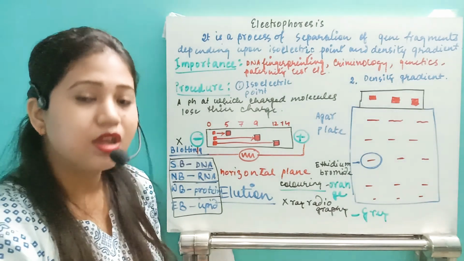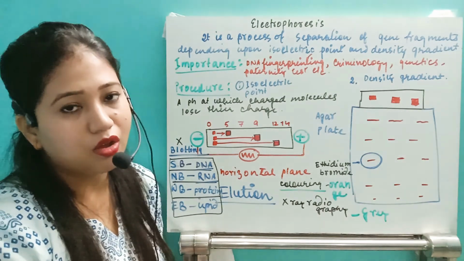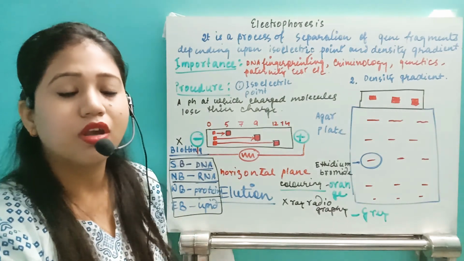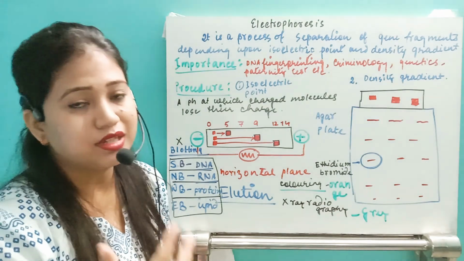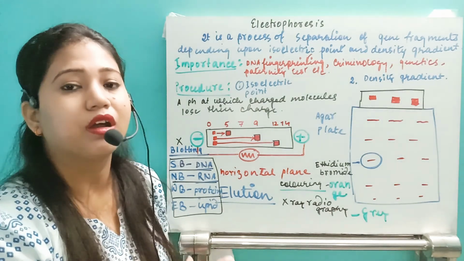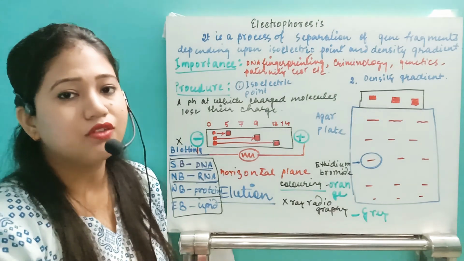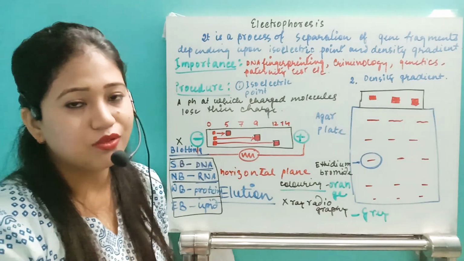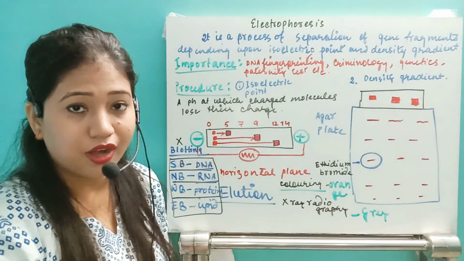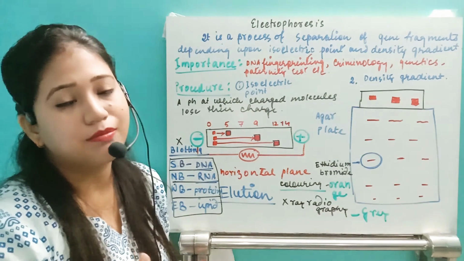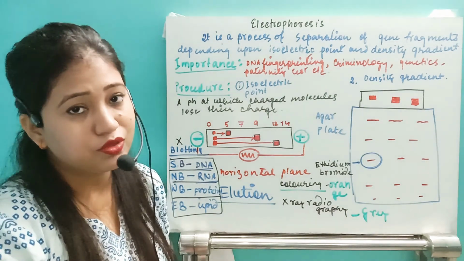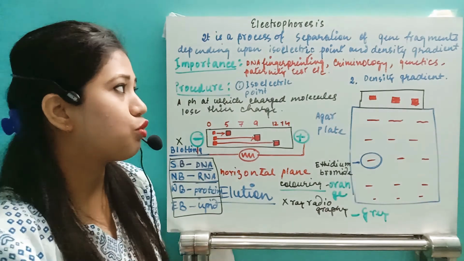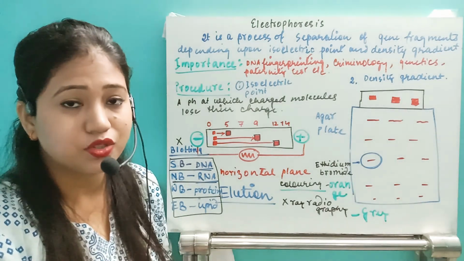So this way we complete separating the gene fragment. We can take it out, make the rDNA, insert it into the host, make the host a recombinant host, and after that we will go for the commercial process. Then we will add it into the bioreactor, where it will grow and multiply on a huge scale. This way we can take the desired product from the bioreactors on a very huge scale for the utilization of the people. So this is the process of electrophoresis. I hope you understood this process.